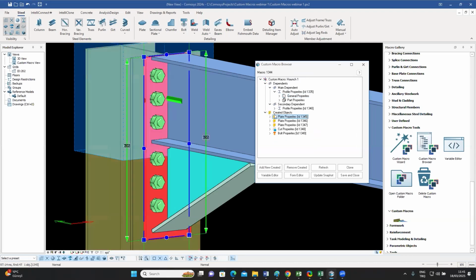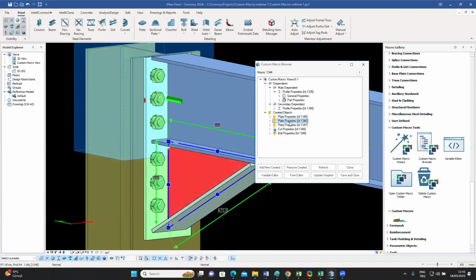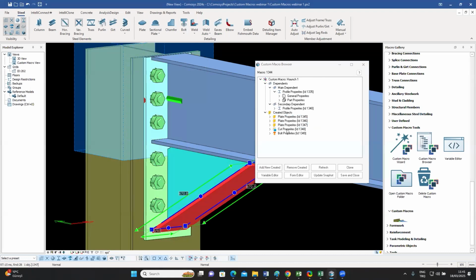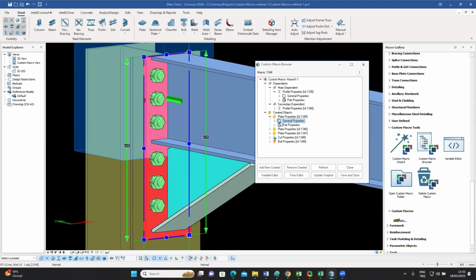Similarly, for the created ones, the plates, we've got 2 plates, 3 plates, 1 cut, and 1 bolt. And these are all listed in this custom macro browser. And once again, if I open them up, there are general properties, which you can see, formwork groups, colors, part prefixes, assembly prefixes, etc. And then there are part-related properties, things like names and thicknesses and position and depth,